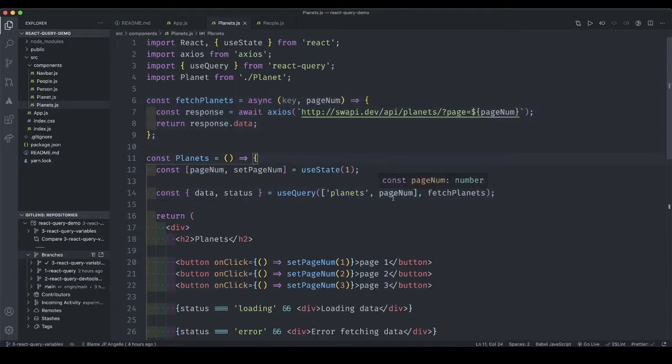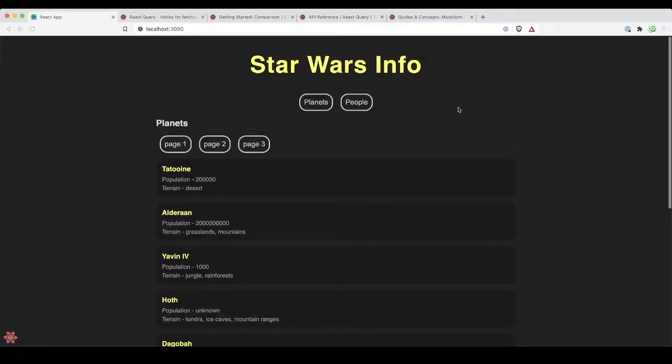So what we're doing here is we are passing in a page number, because the Star Wars API accepts a page number query param. And so we'll let the user choose the page number based on these buttons I threw in here. So we pass in the page number state, which is changed based on the button. So the key and the page num get passed into the fetch planets function, and then we just pass in that page num here. So if we go back to the browser,